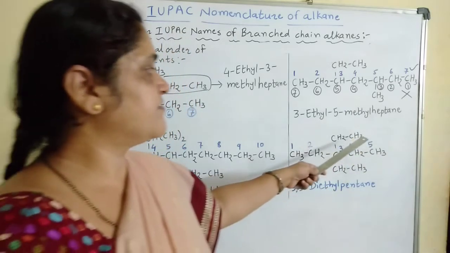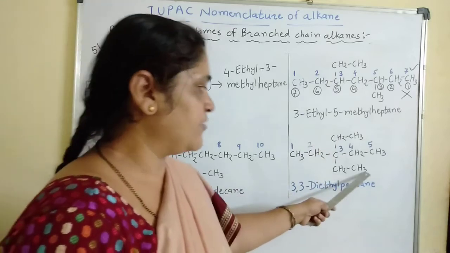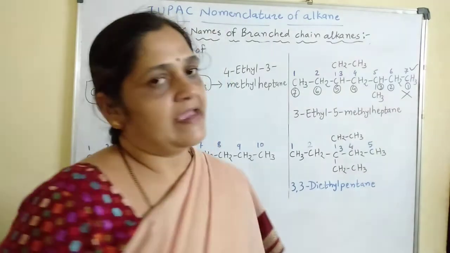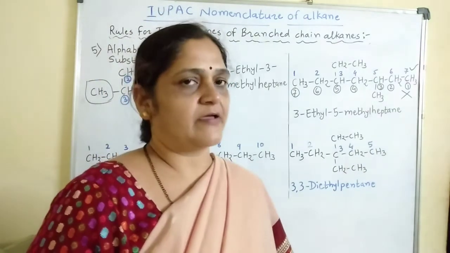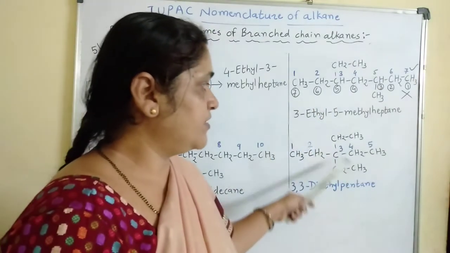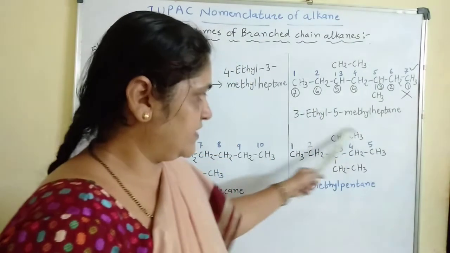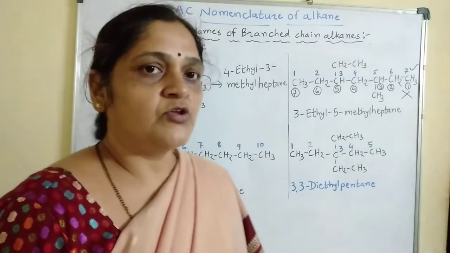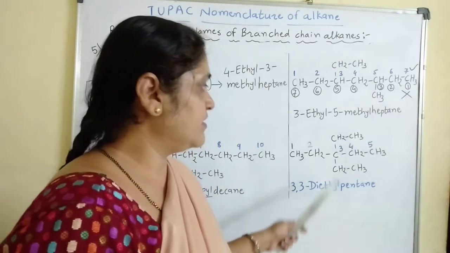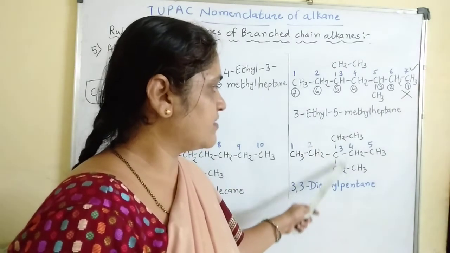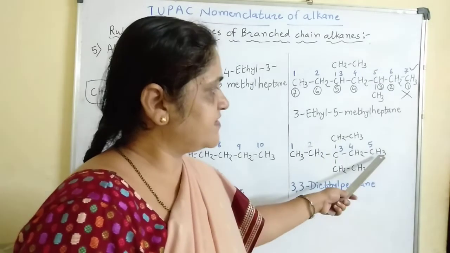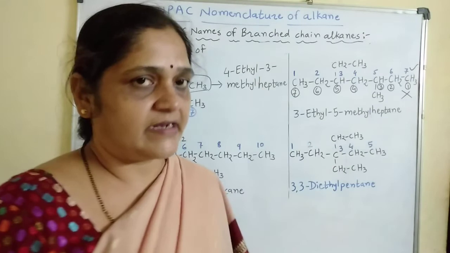You can do it in this way also, 1, 2, 3, 4, 5, or you can do in this way also, 1, 2, 3, 4, 5. Anyway, if you are going to do the numbering, always 5 carbon atoms are getting here. Now, when you are doing numbering in this straight way or in this zigzag way, whatever you want, you will find that ethyl groups are the substituent over here. So carbon number 3 is carrying 2 ethyl groups here. You can do numbering from this side also, 1, 2, 3. It will not make any difference.